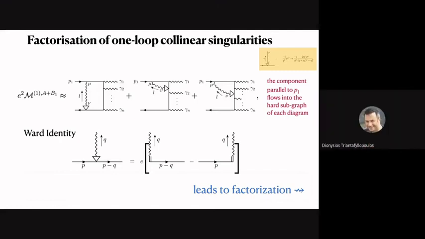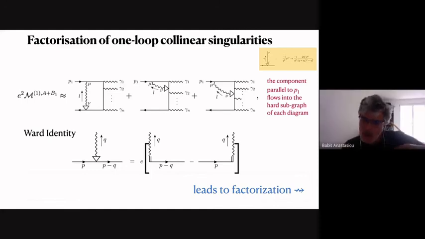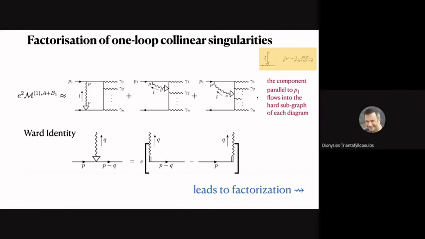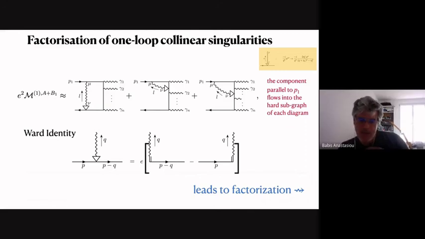So basically, this is mostly the initial state singularities, right? No, also the final state has to be separated from the initial state as well. It is here only the initial state because I only have photons in the final state. If I had an electron positron in the final state as well, then I would need to discuss more singularities. Okay, but again, of the type soft or collinear, not of other types, not Glauber regions and things like that.